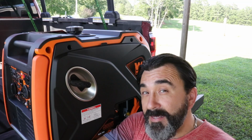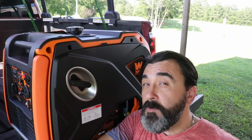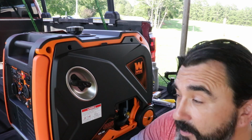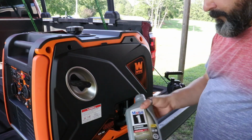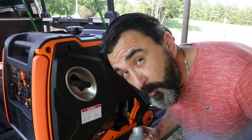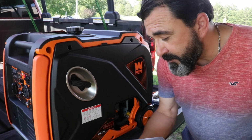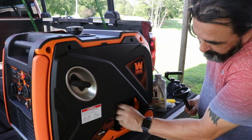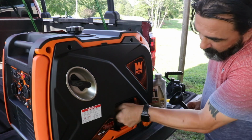The next step is to add oil. There are a few different weights of oil that you could use depending upon the temperature, but the all-around choice is a synthetic oil that's 5W30. It takes 18.6 ounces. This has about 30 ounces in it, so we're good. To do this, you simply take off the oil cap,